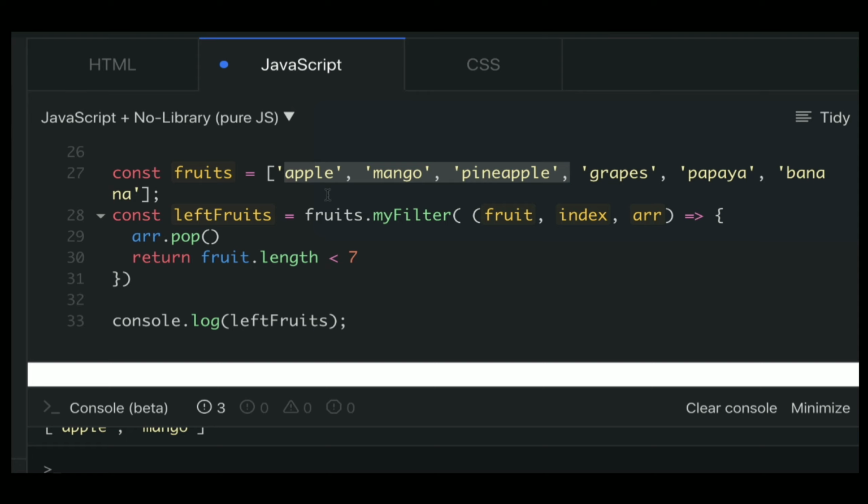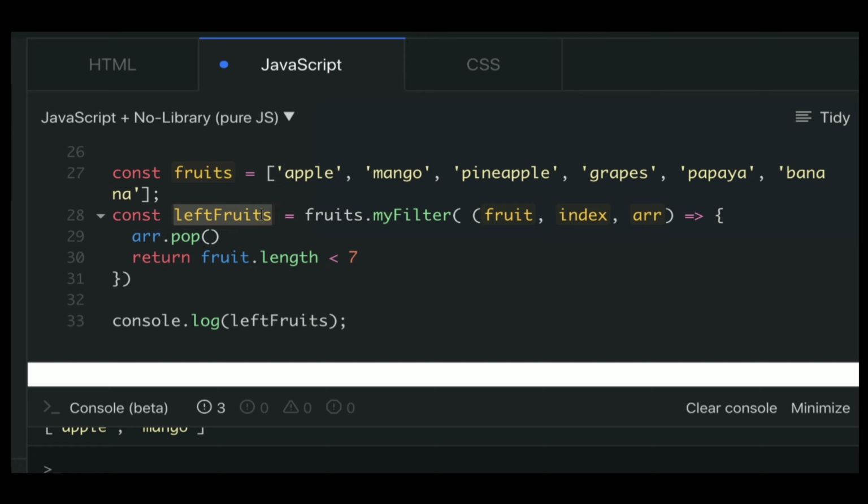So eventually, when we are talking about this last line, we want to filter out all those fruits which have length lesser than 7. So pineapple will be excluded, only these two will be left in the array, and these two will be returned back.